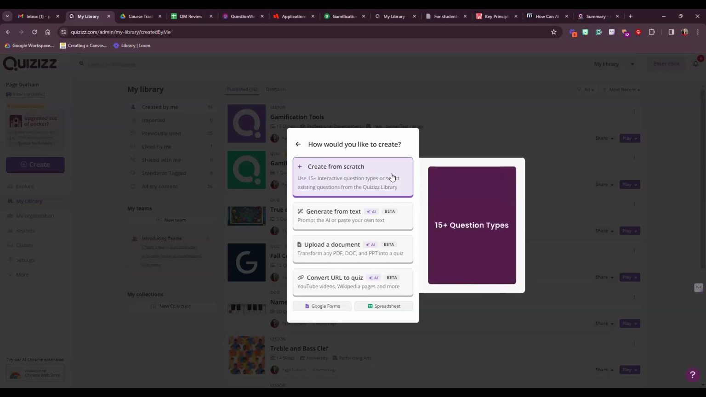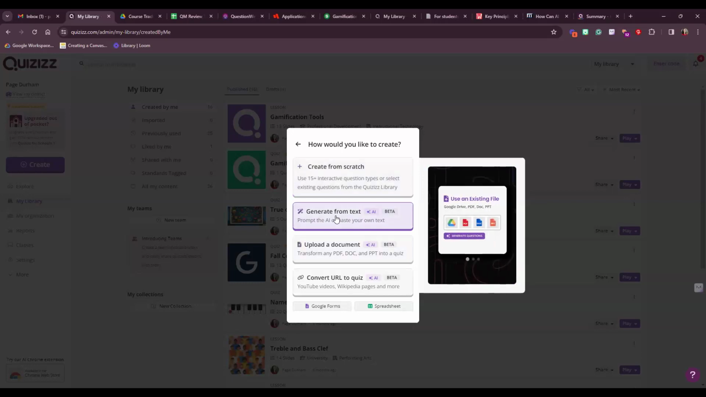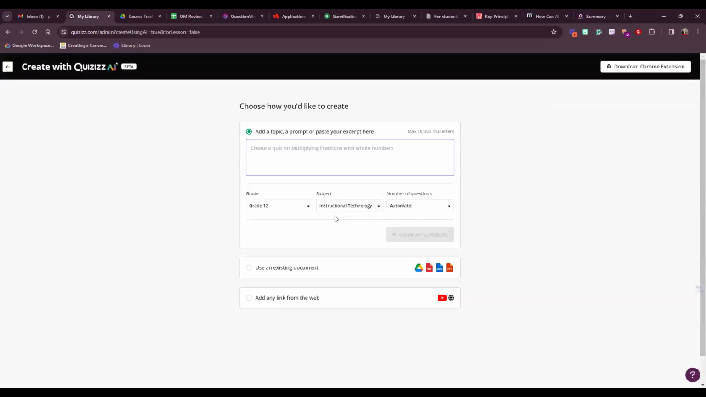So you can generate text from a prompt. You can upload any document that is a PDF, a Word doc, or a PowerPoint. You can also convert any YouTube video or Wikipedia page or any other web page into quizzes without having to do anything other than either upload the PDF or the PowerPoint, or simply just type in a prompt based on whatever you want to. So if I click generate from text, I can ask it to